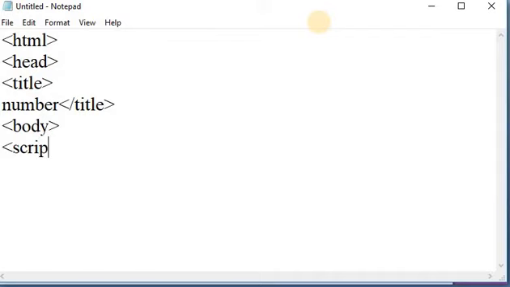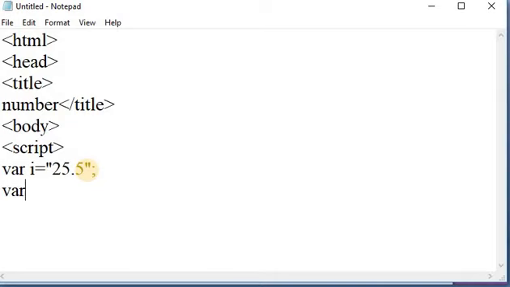And in the script tag, first of all, take one variable, that is var i equal to 25.5 as a string. Write this in a double quote or single quote also.